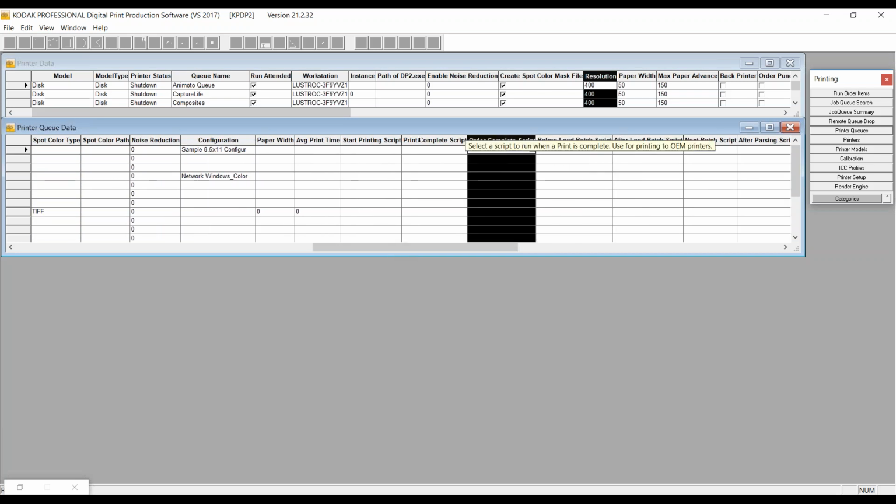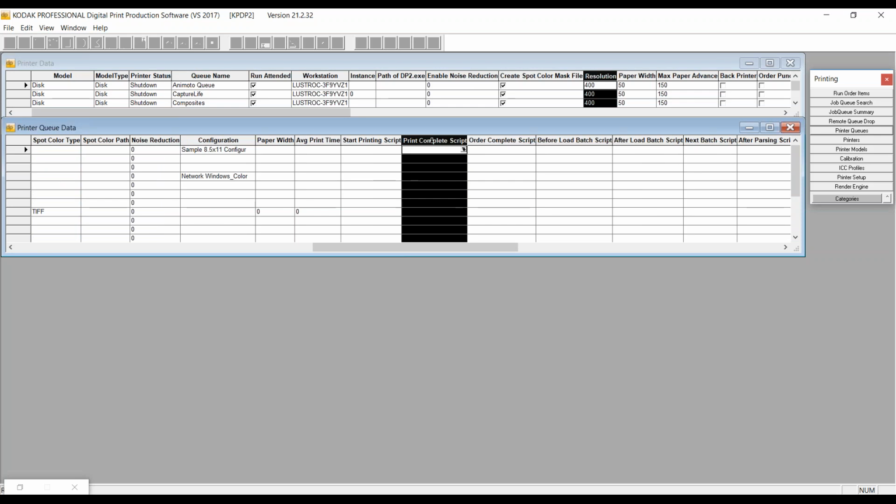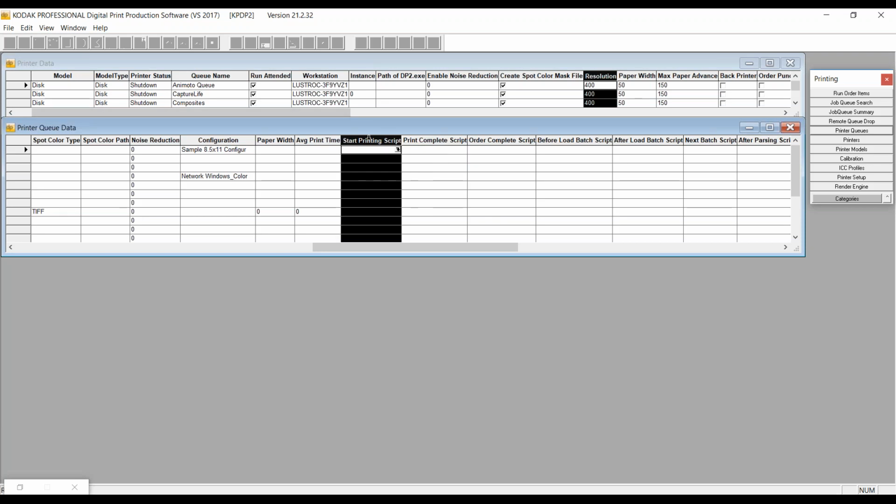Order complete, right? Depending on the type of printer, certain printers need certain bits of information, or a file name has to be done in a particular way. We have to tell DP2, or the printer needs to let us know that a particular thing has happened, so it's print complete or job complete as opposed to order complete. Some require a start print,